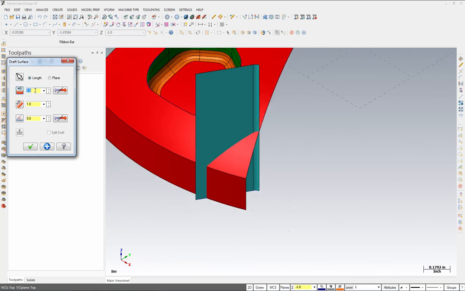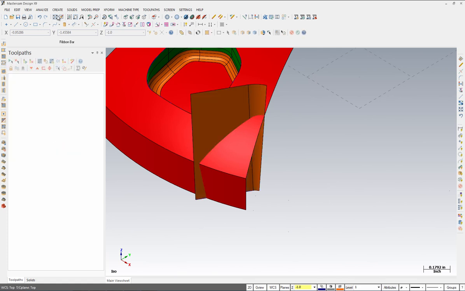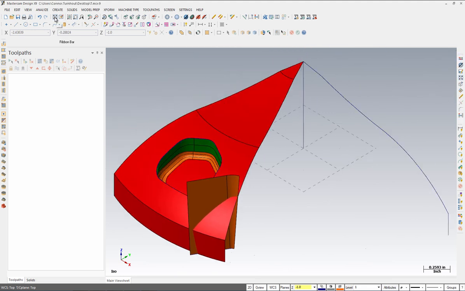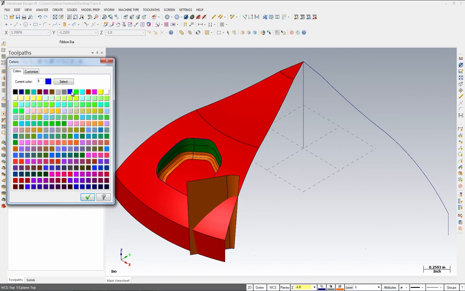Change the length to 0.75 and hit enter on your keyboard. Also, change the angle to 10 degrees and hit enter on your keyboard as well. Your part should look like this. When this is done, select OK, come up to the top and select Isometric and Fit to Screen. Once this is done, come down to the bottom and change surface color to number 9, or the dark blue,